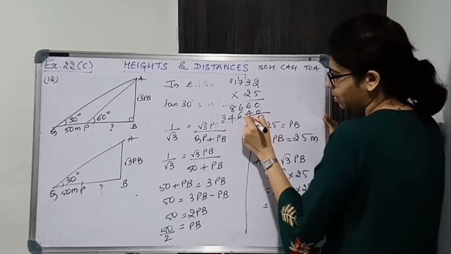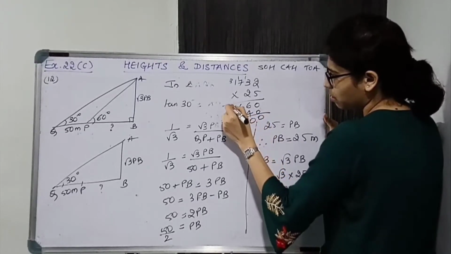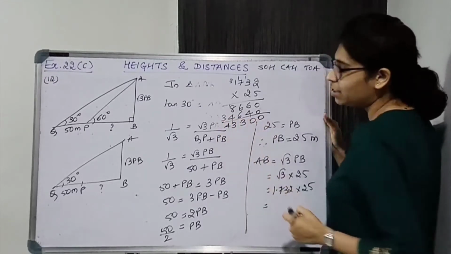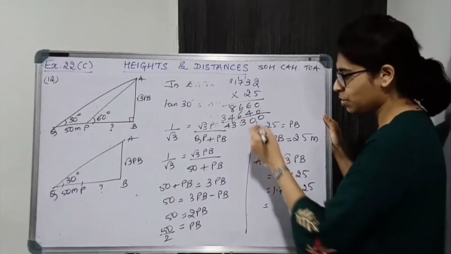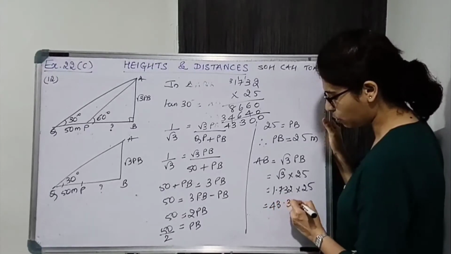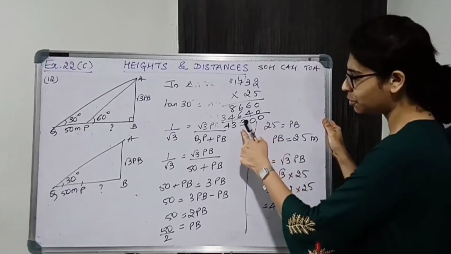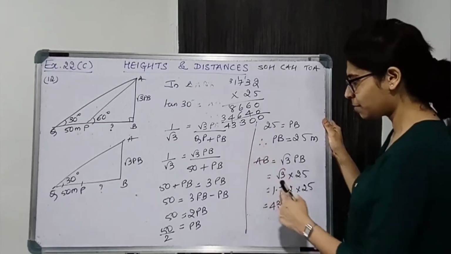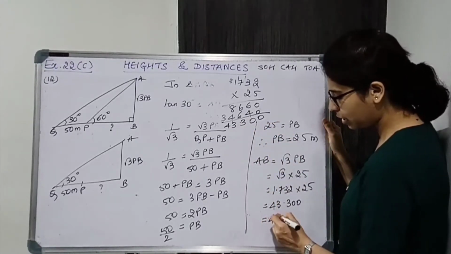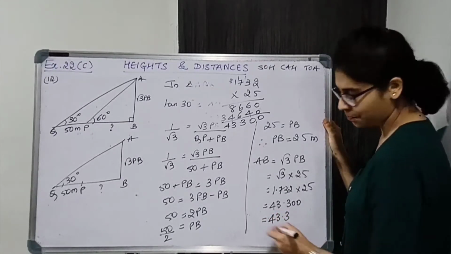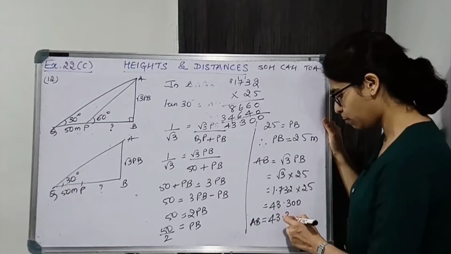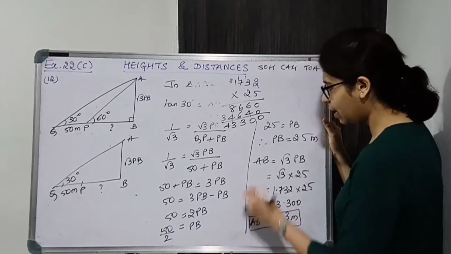So we'll get 43.300. Okay, decimal point after 3 numbers from the right. So 43.300 हो रहा है, which is nothing but 43.3. Okay, so AB, that is the height of the tree, is 43.3 meters and the width of the river